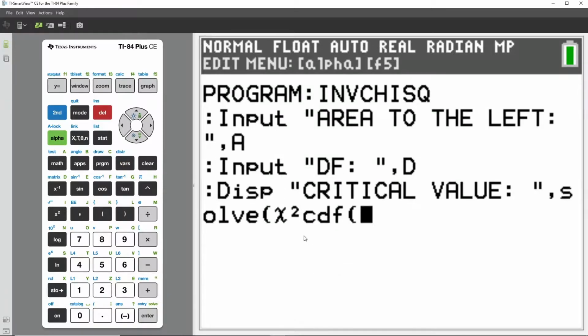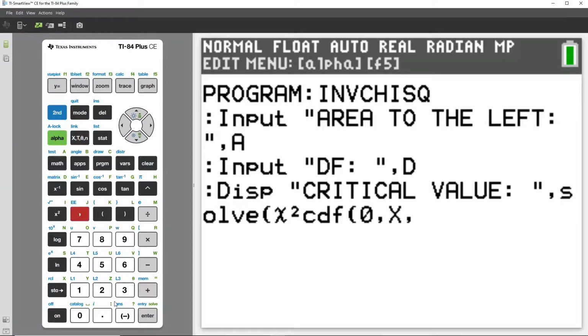So after you input it, you get chi-squared CDF, open parenthesis. Now what you have to type in is your lower bound, which is 0, comma, upper bound. The upper bound is actually what we're solving for, so we don't know what that is yet. So that's going to be x. So this is the shortcut for typing an x,